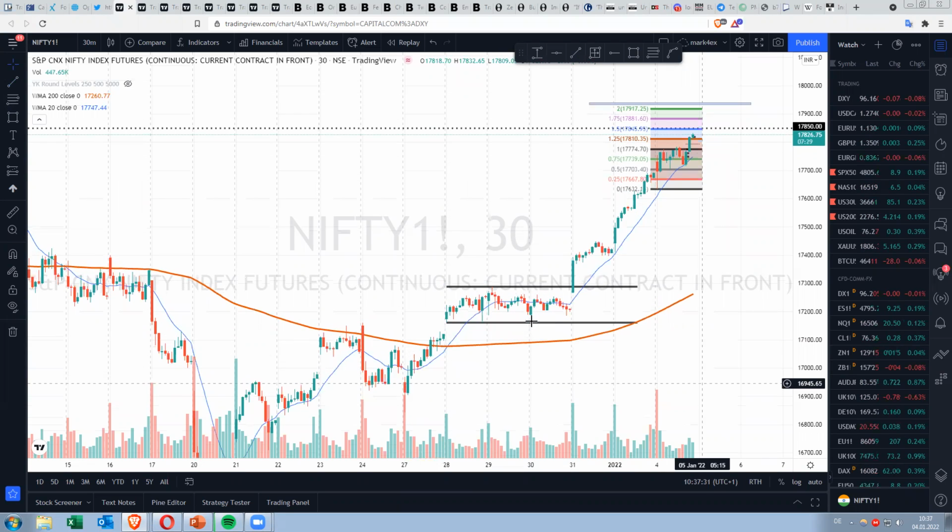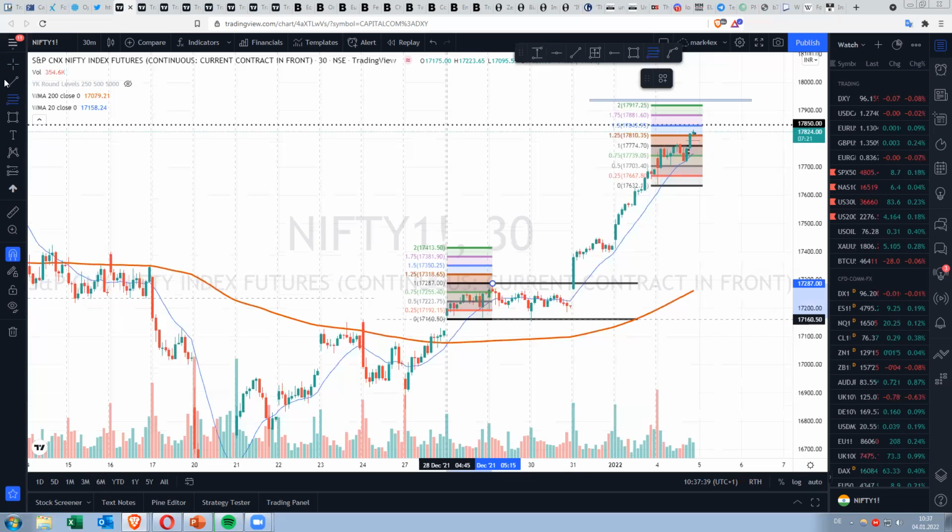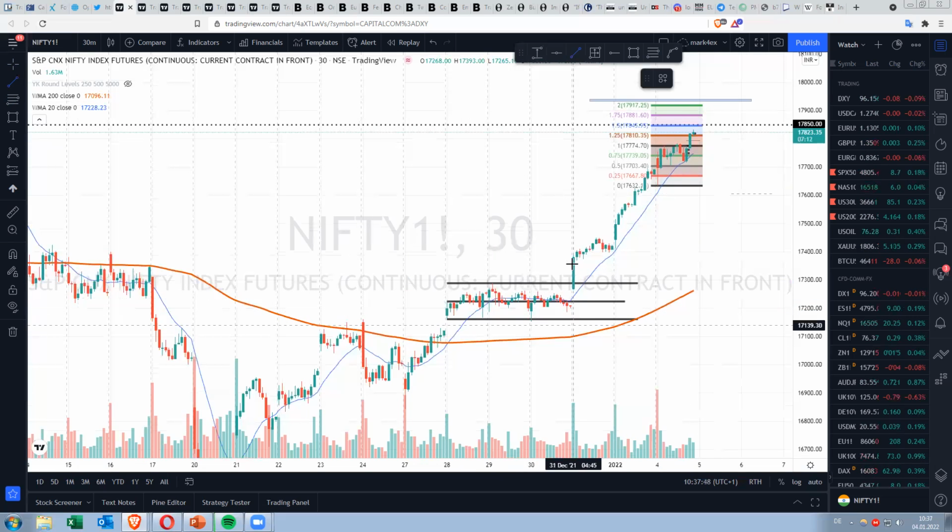So if you see this level 2 rejection here and it's coming back above the 50, for example, if you take the swing high, the swing low, and you say, right, where is the 50? You want to be a buyer, of course. Yes, the market's opening gap up, but this is a high volume bar, right? This is the RGL. This is the RGL right here. And look what happens. It's trading above the RGL. And guess what? If it trades above the RGL, it will likely continue. It will continue to trade above the RGL,